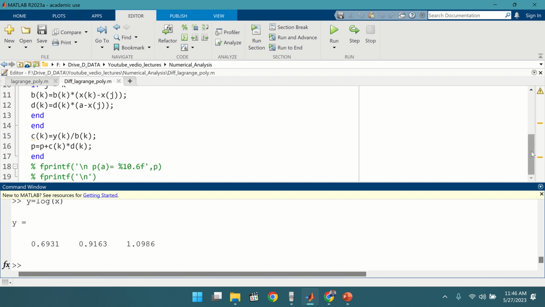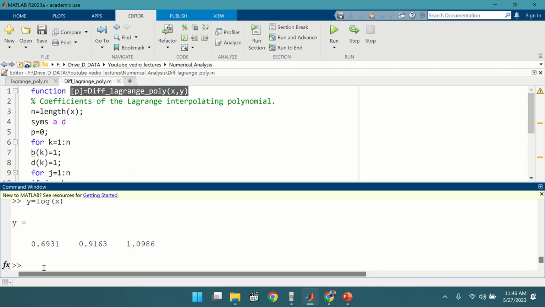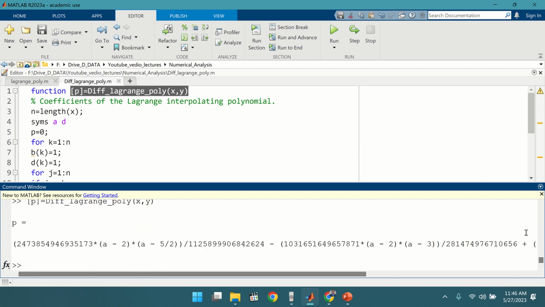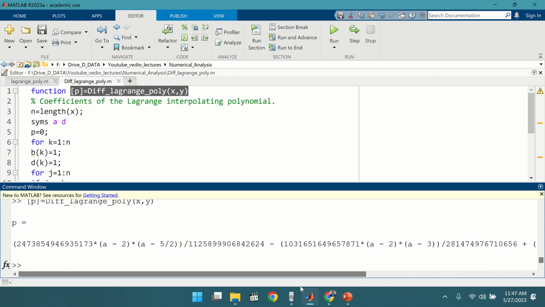and then we simply run this code. इसको हम रन करेंगे, ये जो कोड है, और आपने इसको कॉपी करना है सिंपली, इधर आप टाइप करें या पेस्ट करें. So x already defined हो गया है, y defined हो गया, there is nothing to be defined except these two. So we are having this polynomial. ये पूरा हमारे पास क्या आ गया, ये पॉलिनोमियल आ गया है जो p पे डिपेंड, a पे डिपेंड कर रहा है. यहाँ पे पहले में आता है a minus 2 into a minus 5 by 2 and so on, right. तो इसके हम अगर आप यहाँ से इंटरपोलेटिंग वैल्यू फाइंड करना चाहते हैं तो भी कर सकते हैं, या अगर यहाँ पर हम उसके डेरिवेटिव फाइंड करना चाहते हैं तो भी कर सकते हैं. तो what do we do is simply take diff,